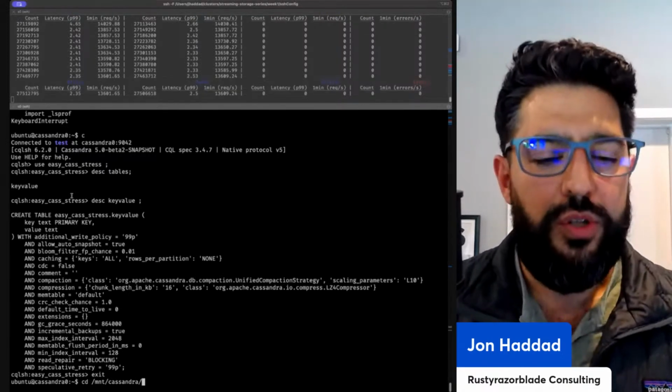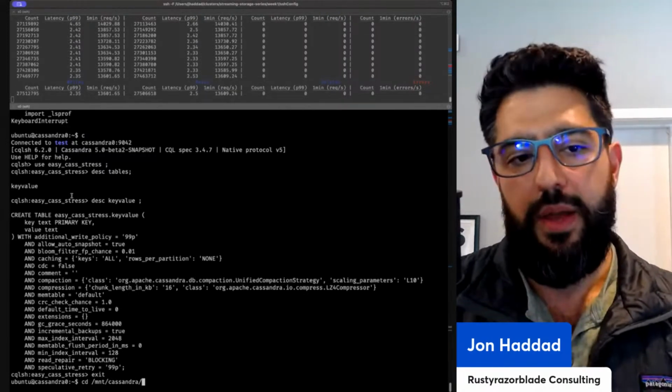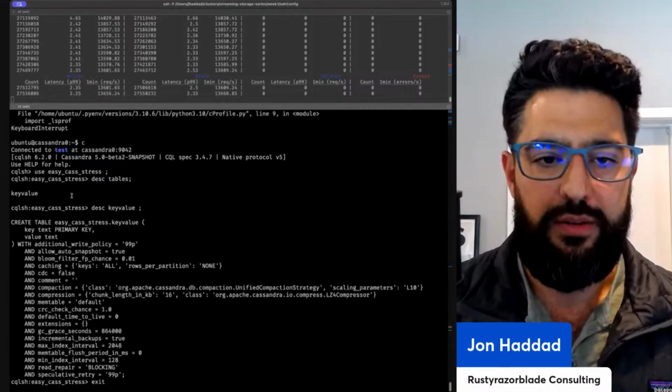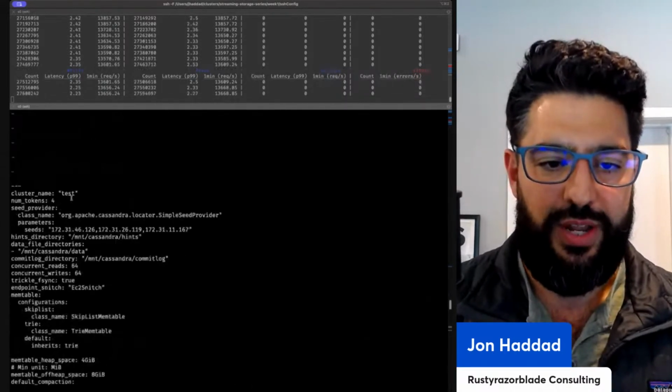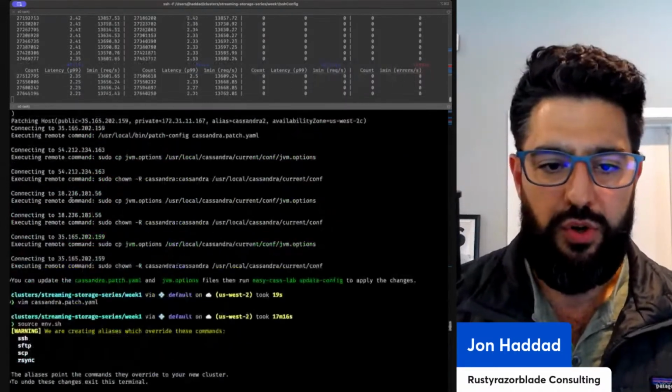Anyway, so this was created with Easy Cass Lab. Easy Cass Lab makes it ridiculously easy to set up a cluster. So if you look,